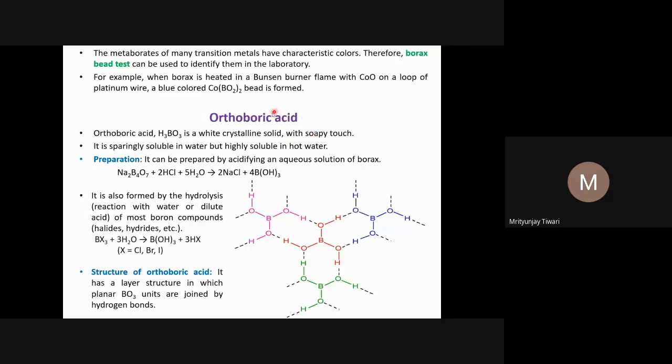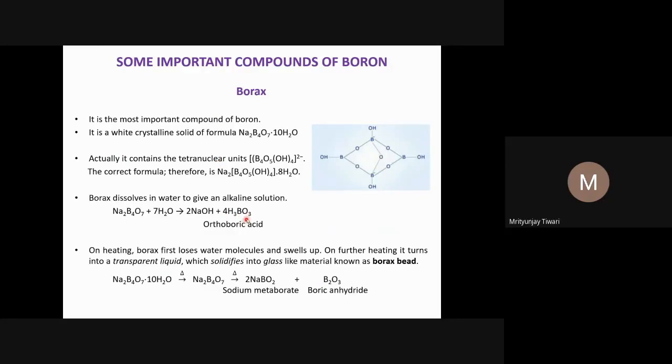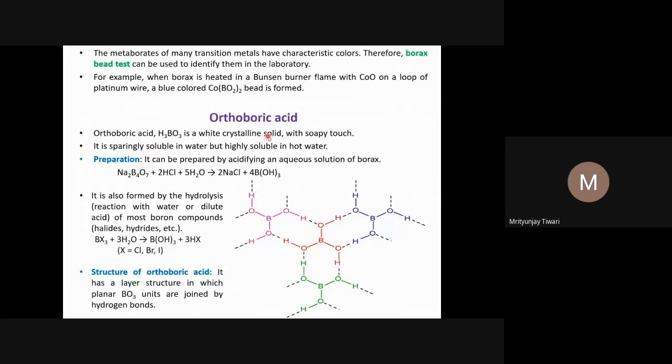And now let's look into orthoboric acid, or boric acid. The formula is H3BO3, that we have seen here as well. H3BO3 is a white crystalline solid with a soapy touch. It is sparingly soluble in normal or cold water, but highly soluble in hot water. Orthoboric acid can be prepared by acidifying an aqueous solution of